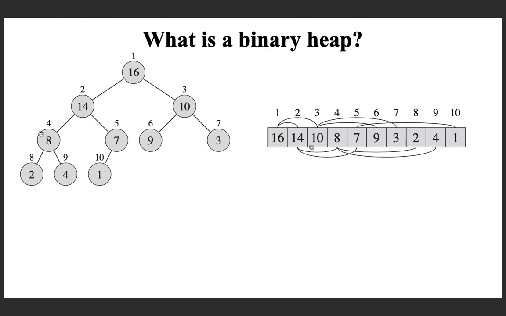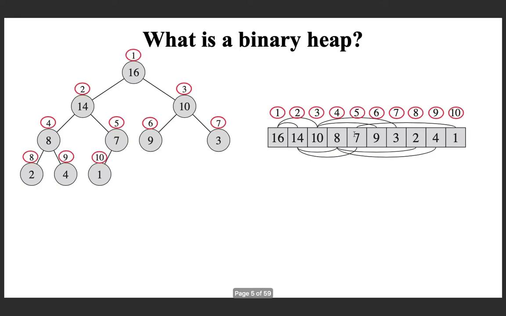Then the next in the breadth first order is 8, whose children are 2 and 4, and only one more node remains to be represented, which is the left child of 7, that I am storing here. And if you look at the indices of the array, you can easily observe a relationship between the index of a node and the index of its left child and right child. You may try to identify that.